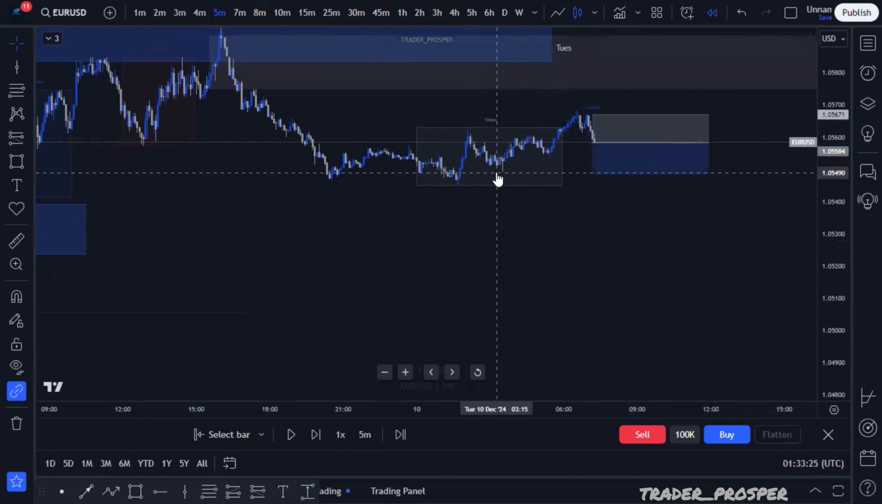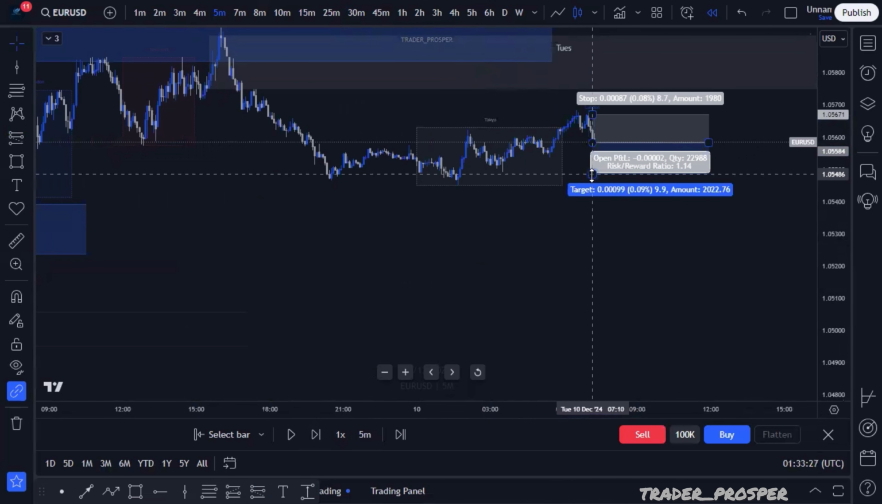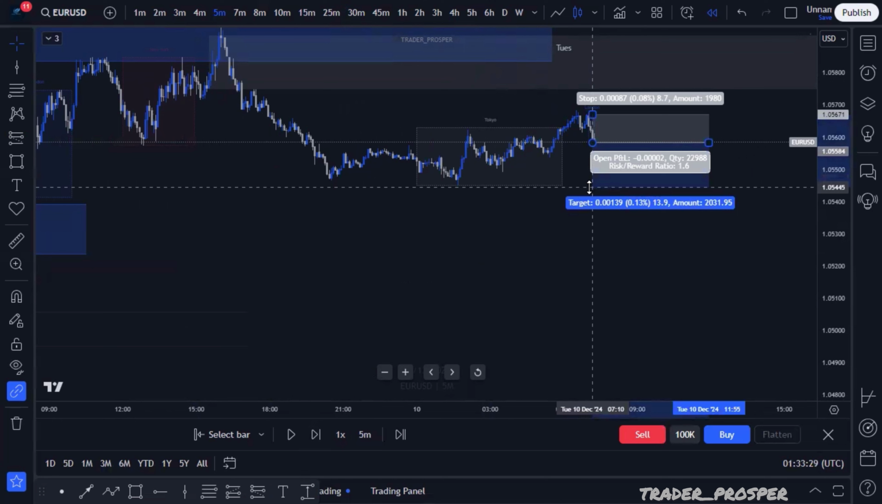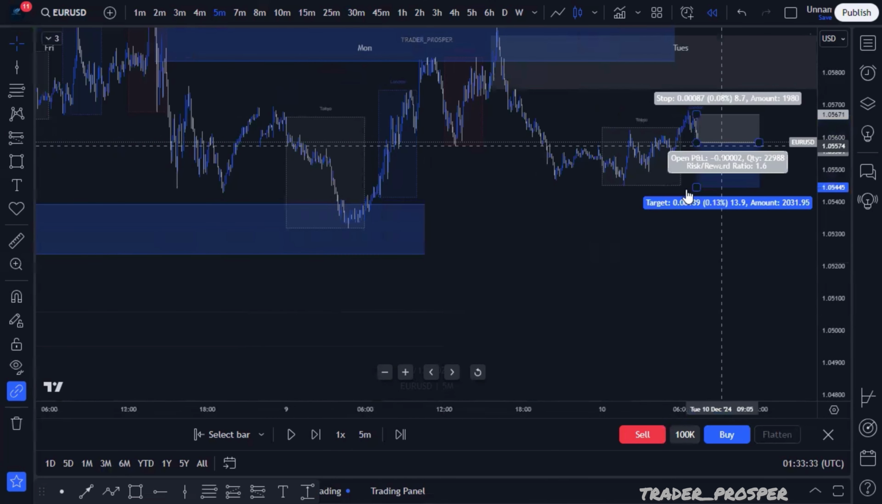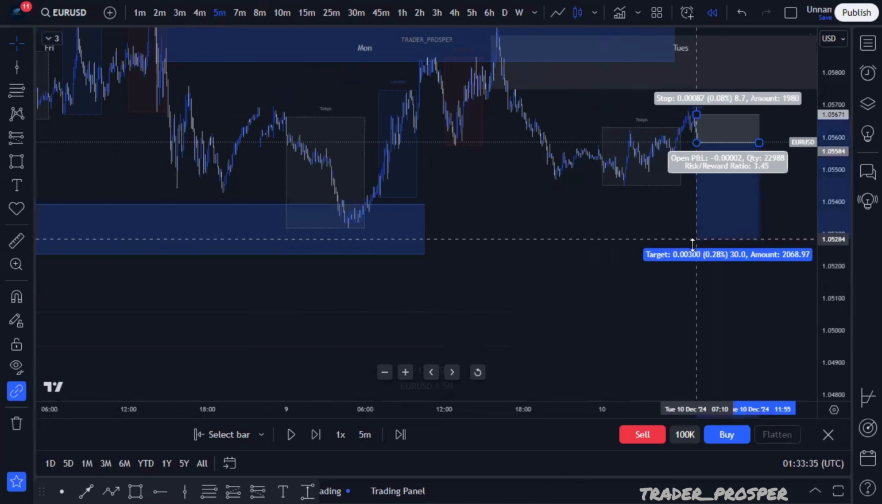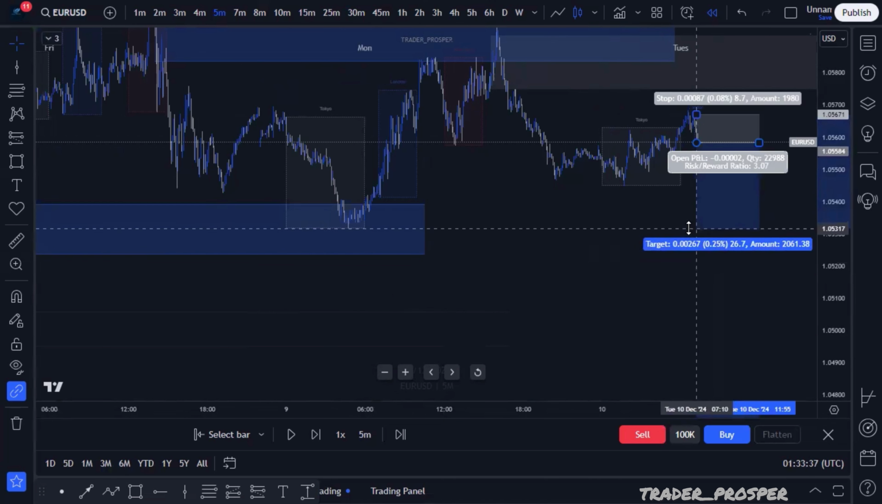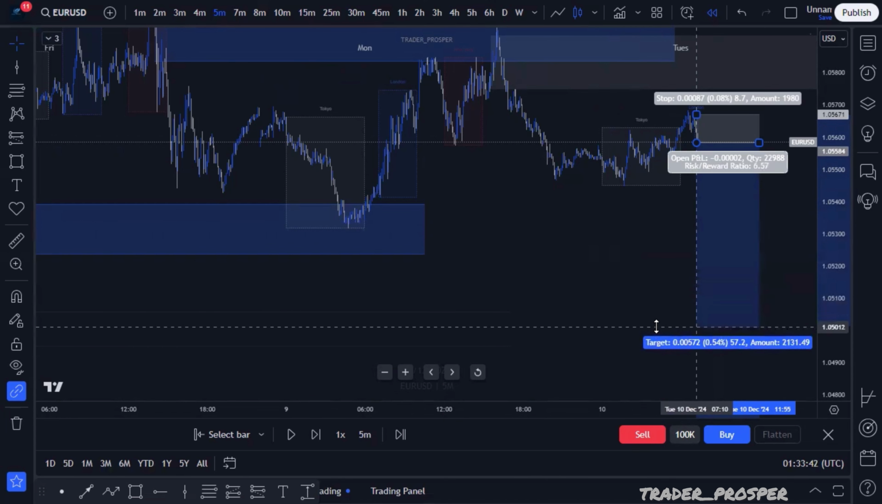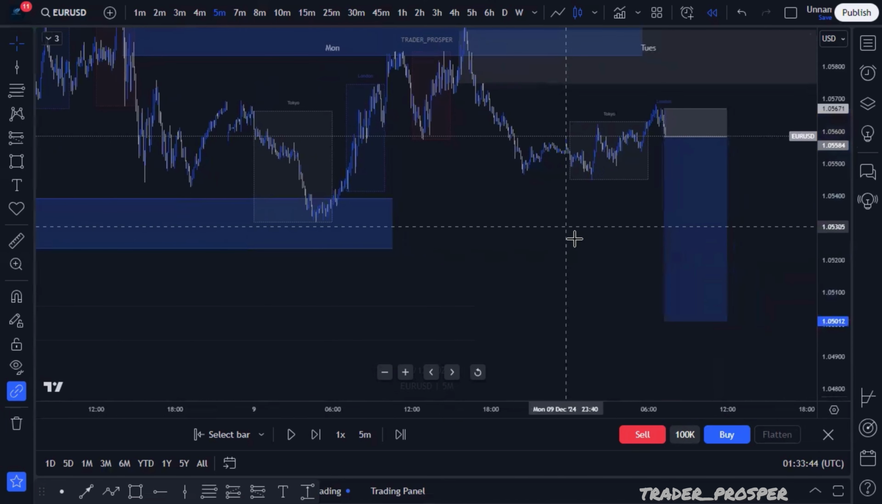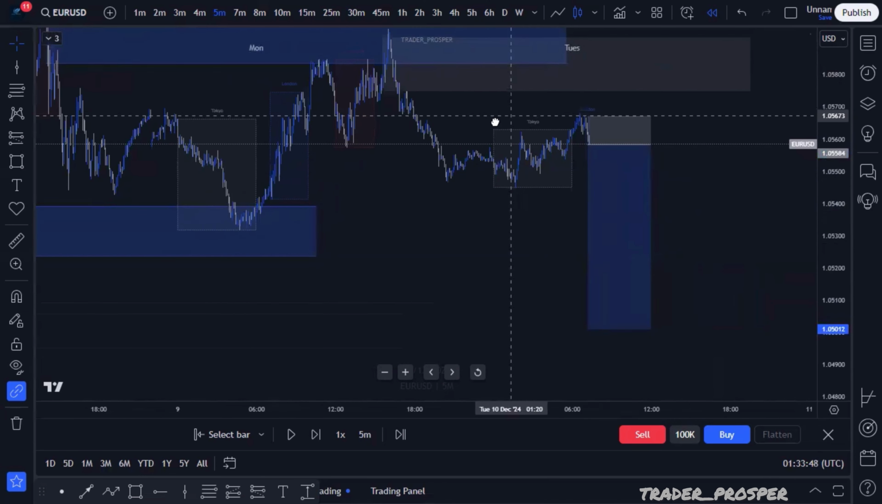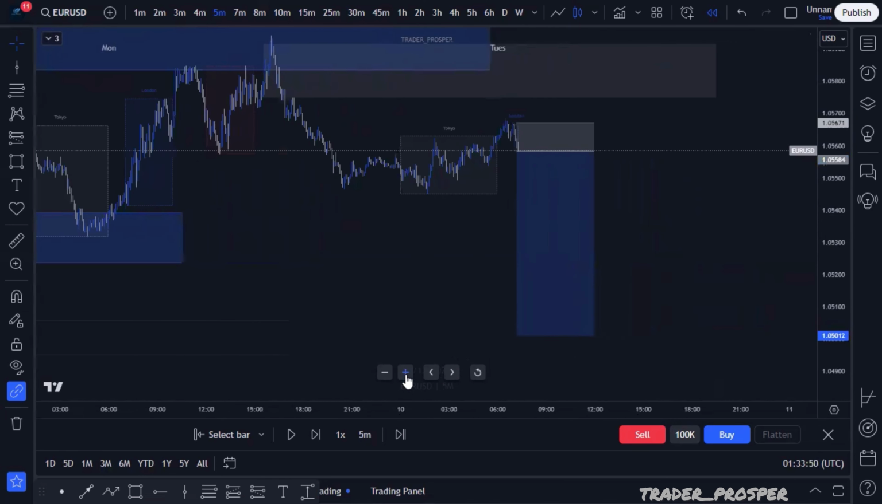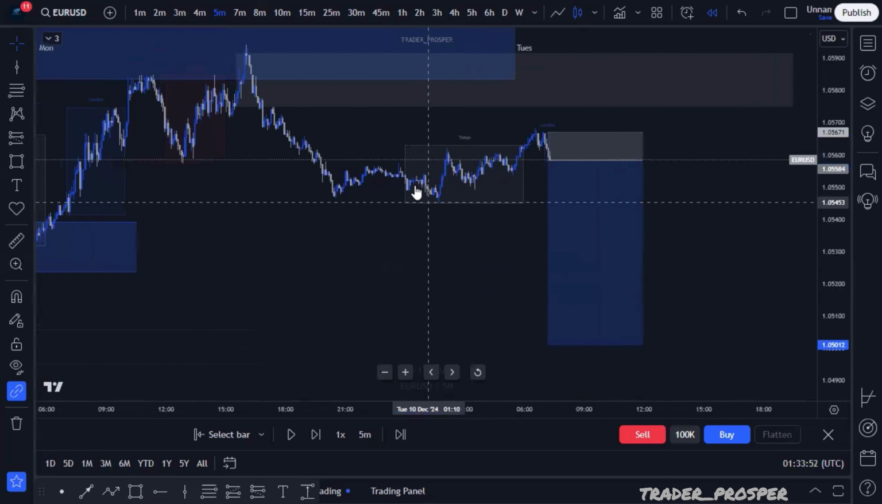You can target this point here for your take profit, but all these are Asian lows. You can also target this Asian low at this point for a 1 to 3. But the one I want to be targeting is this imbalance zone for a 1 to 6. Now if this supply is refined further,